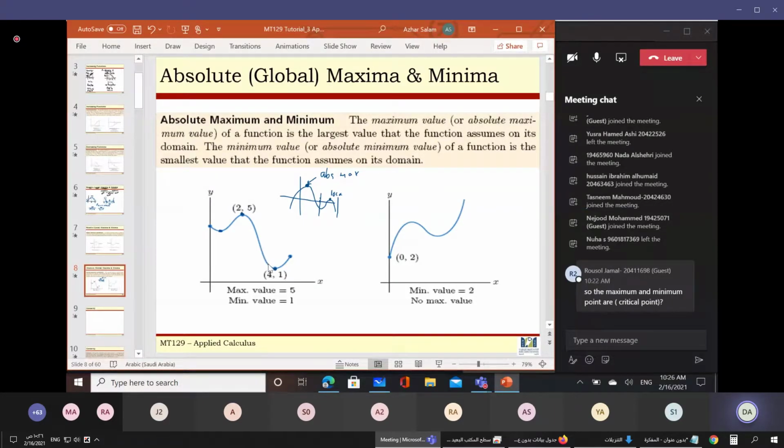Also here, from decreasing to increasing, so this is also a minimum, but this is the absolute minimum. ما راح ألقى هنا في الدالة المرسومة أمامي إلا هذه الدالة أو أصغر من هذه النقطة